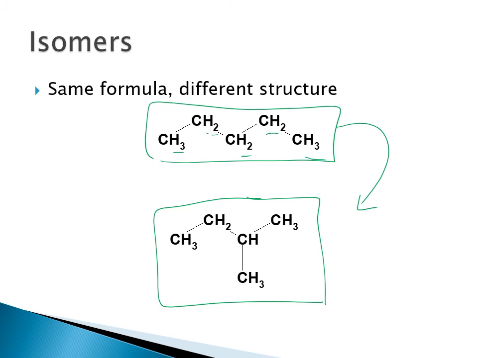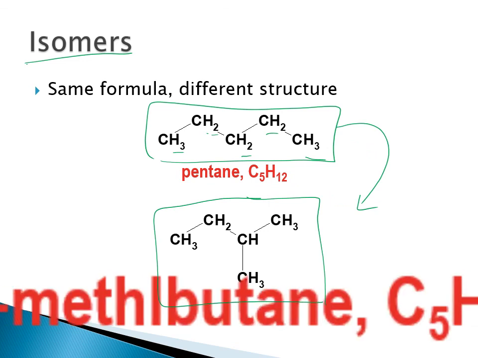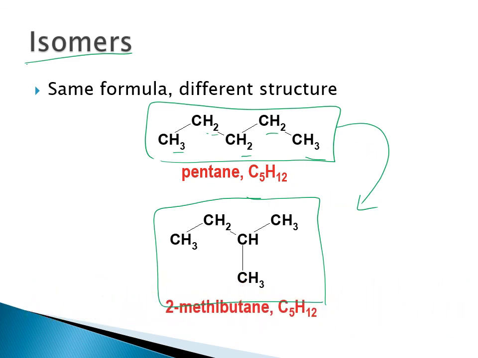These are different molecules now, but they're made out of the same things, the same type of atom, the same number of atoms, but built in a different way. That's an isomer. Because of this, we need to give them different names. So this first one is called pentane. And again, there's that prefix there, pent. That's referring to this one having 5 carbons. And it has an isomer called